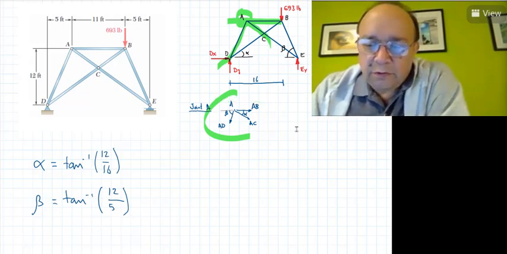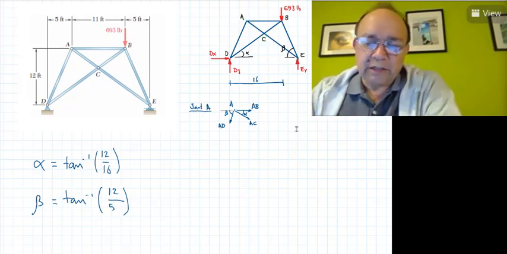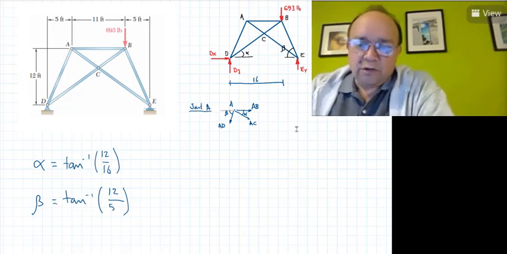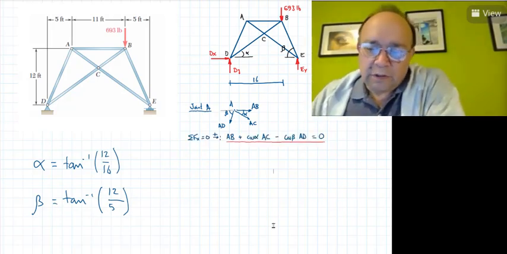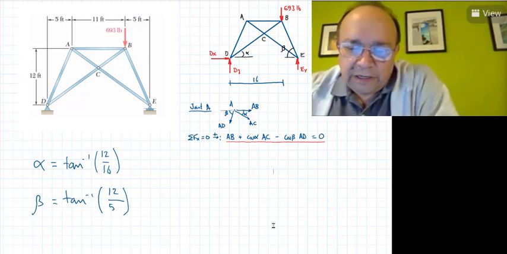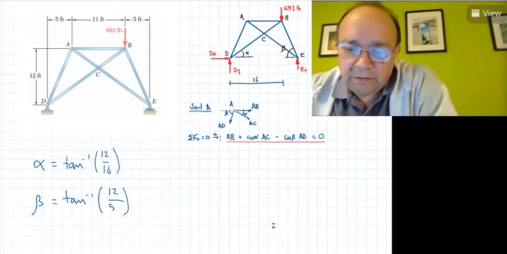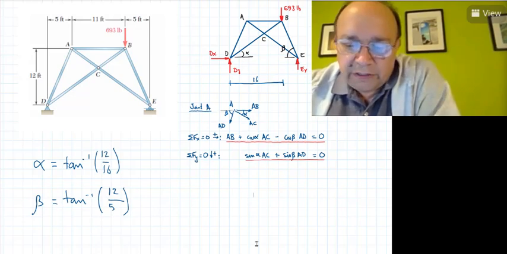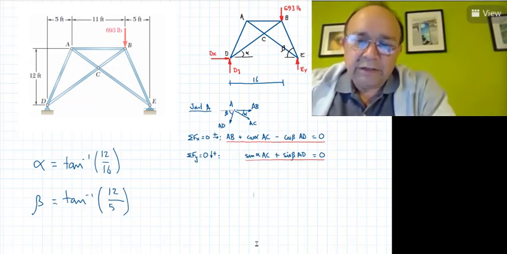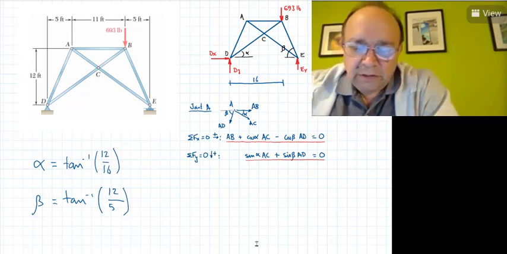I'm not going to explain too much, as you already know this method. It was well explained in the previous video. We just go over setting up the equations. Basically, I will put the equations right there. So summation of forces in the x direction: AB plus AC cosine alpha minus AD cosine beta. Summation of forces in the y direction, not a problem for anybody here. Only two forces, AD and AC, have a component in the y direction.